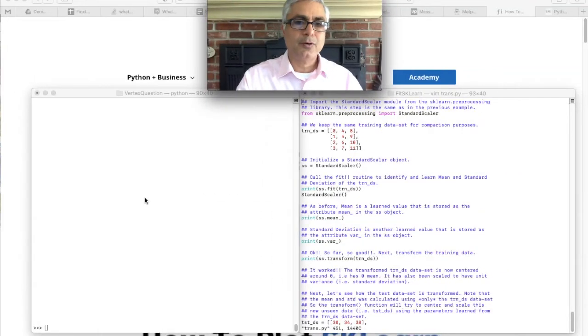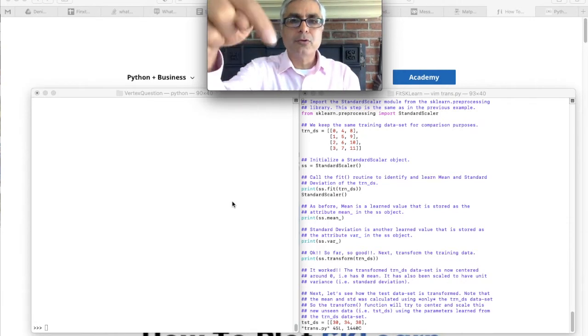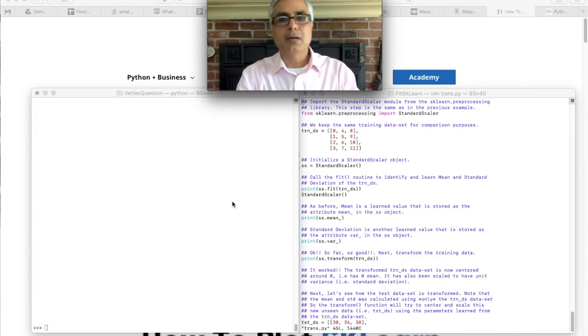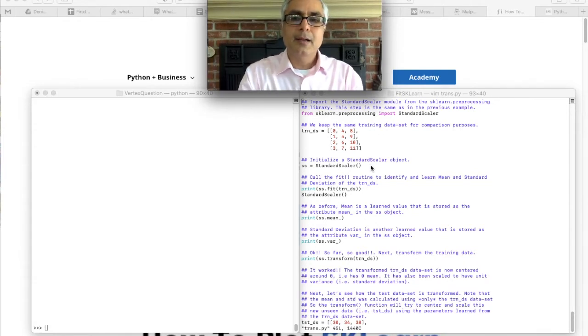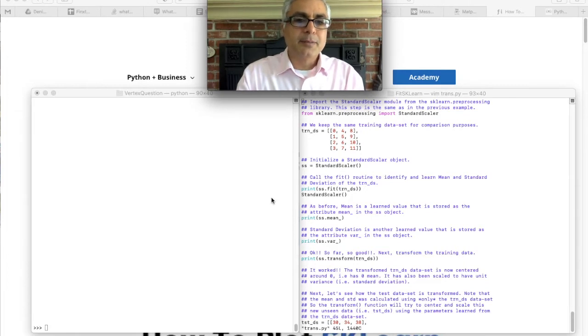Next, let's see the transform method. Same idea as before. I have my Python interactive shell here. I have my script running. I'll just cut and paste, go line by line. If you feel like I'm too fast, feel free to use the settings on the video to speed up or slow down or even pause if you want to look at the code. All of this code is in the accompanying blog, so don't worry. Just understand the concept, what it does. Don't worry about looking line by line. All right, so I'm going to cut and paste. Let's see what it does.